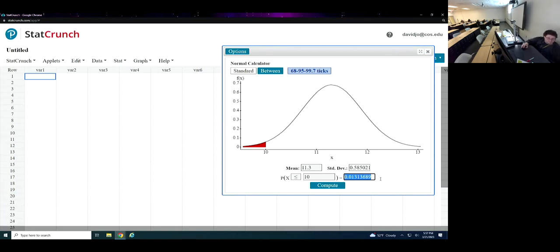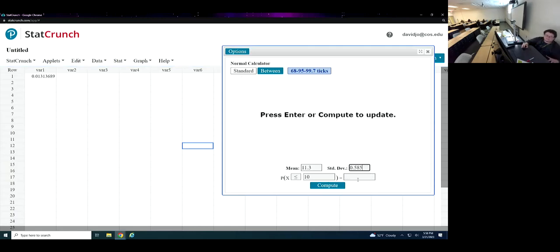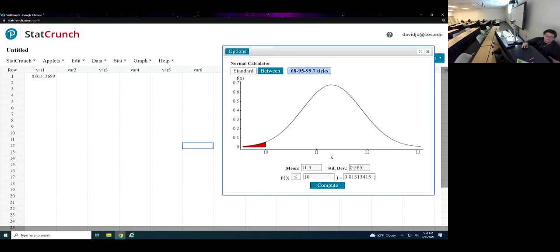I'm gonna copy and paste it over real quick, because I want to show you what happens if I round the standard deviation. If I chop off most of the digits of the standard deviation and do it, I get a number that's close, but it's not the same. And if I round it even more, to like 2 decimal places, now it starts being pretty different.